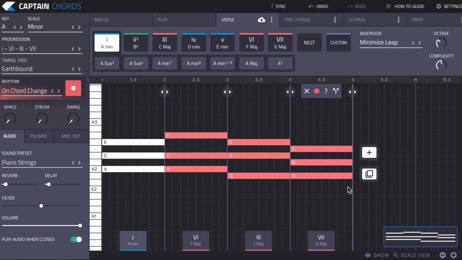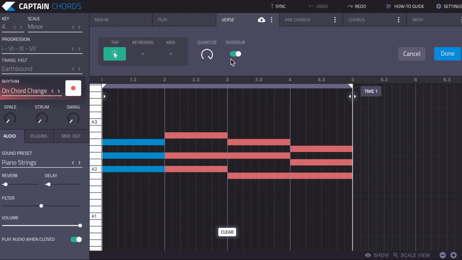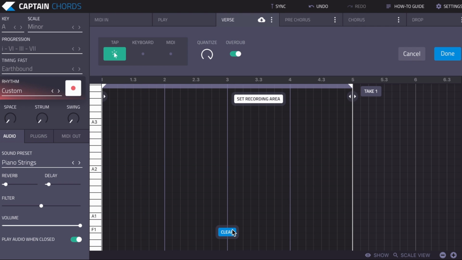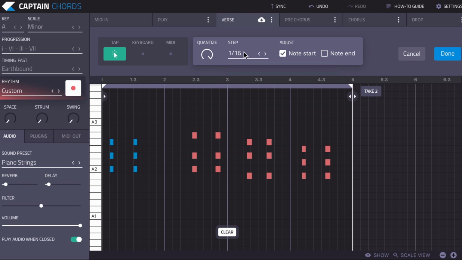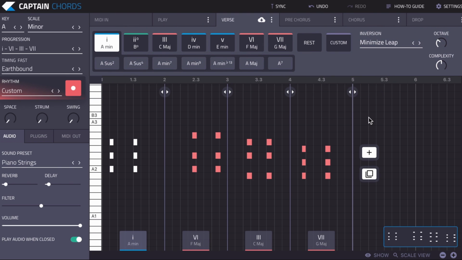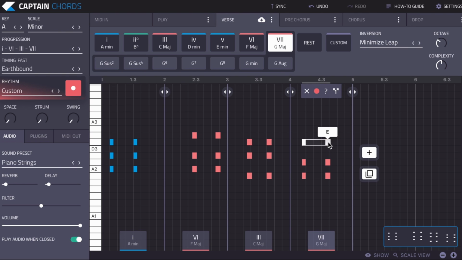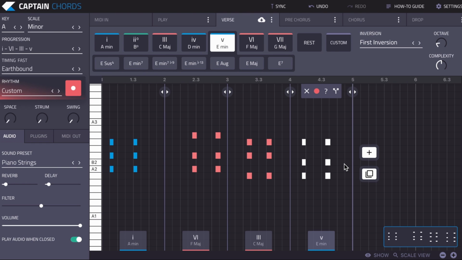And let's say we wanted to keep the chords just like that, but we wanted to make our own rhythm. We had an idea of a rhythm in our head. We can just press this. So if I press clear, the chords disappear like that, and I can just start tapping in a rhythm. Once you've done that, you can press done. You can quantize it. You can set the quantize amount and whether you want it to quantize to the start or end of the note, or both. And then press done, and that just locks it in, commits it to the canvas. And then we can edit it from there. So we can then use MIDI editing, move things around, like we did before. Get it exactly how you want it.